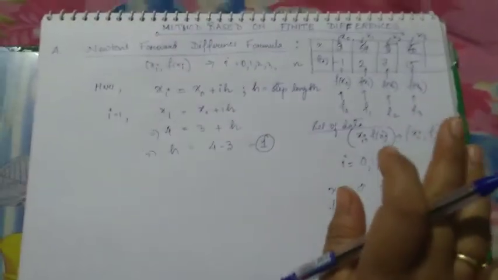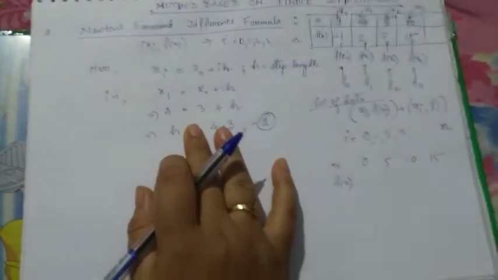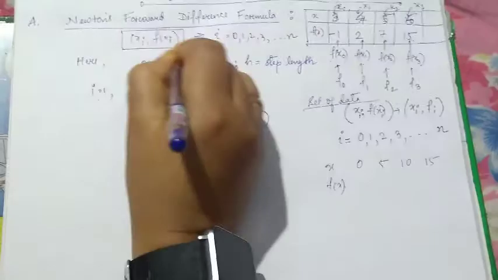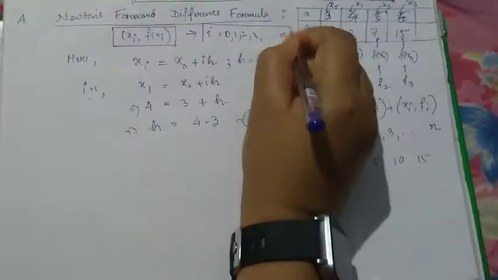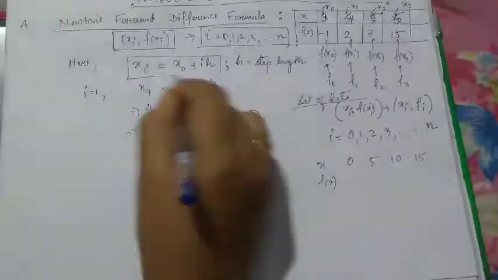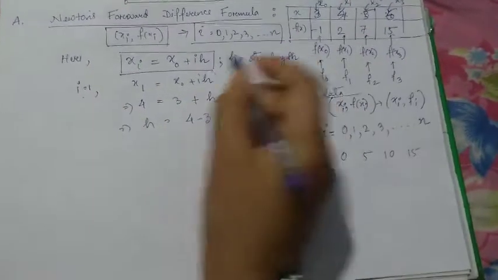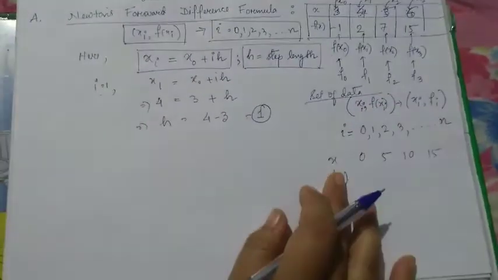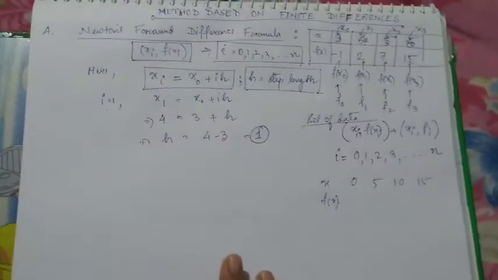It's very easily understandable, but we are just giving a mathematical form. So what important things have we already got? We have a set of data, we have the limit of i, we have the generalized xi, and we know what the step length is. So that's all, we have defined everything.